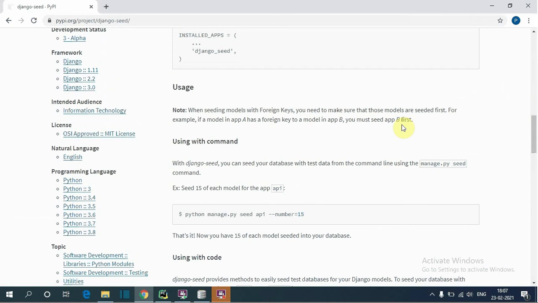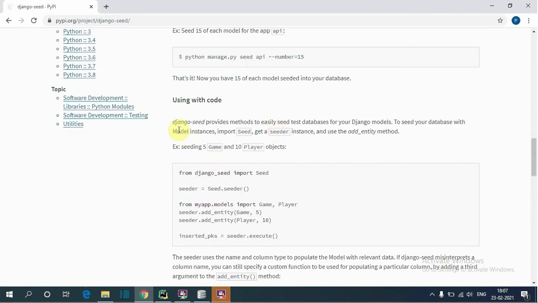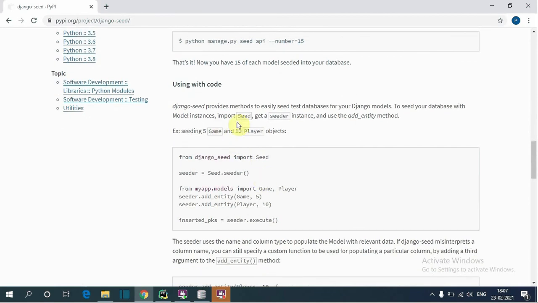And here is the code. Using the code we can easily seed our test databases for our Django models. You can see here it provides the seed package, the Seed class, and using the seeder instance and the add_entity method you can seed database models.